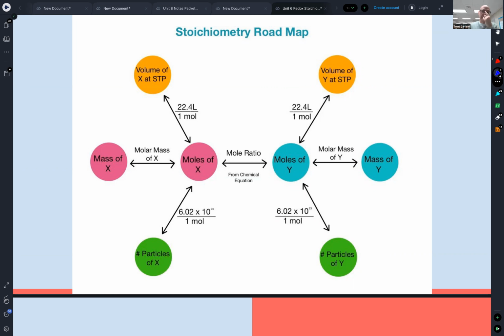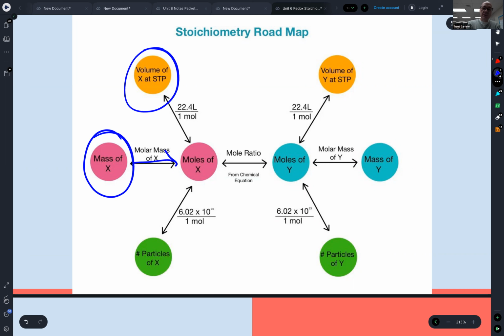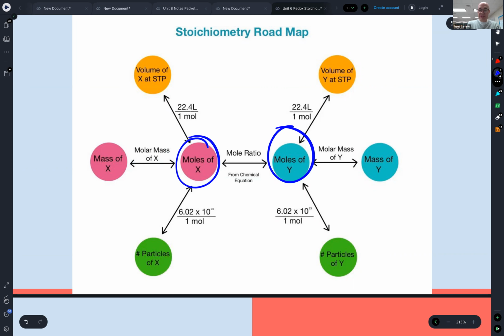We had the capability when we looked at one of these mole maps to go from grams into liters. We could convert by going to moles and then going back out to liters. Well, what if we have a reaction? What if we have 2 different substances? How do we relate one to the other? It's going to be through this mole ratio that we've established with a balanced